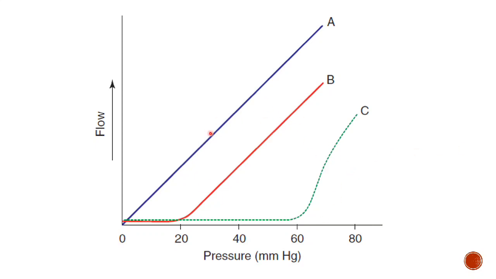So this is again the graphical representation of the flow and pressure relationship. This is for a rigid tube, this is for the normal blood vessel, and this is for sympathetic stimulation of the blood vessel, which depicts the critical closing pressure, that is 60 mmHg. If the pressure falls below 60 mmHg, the blood flow will stop and the vessel collapses. I hope you understood this concept of critical closing pressure and also the relationship between flow and pressure.